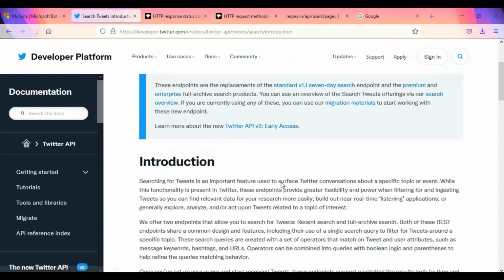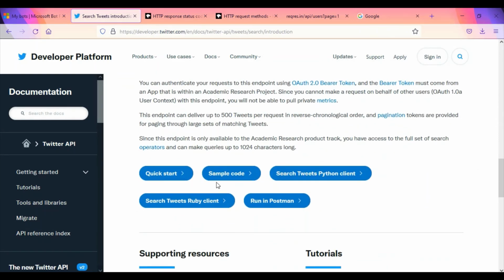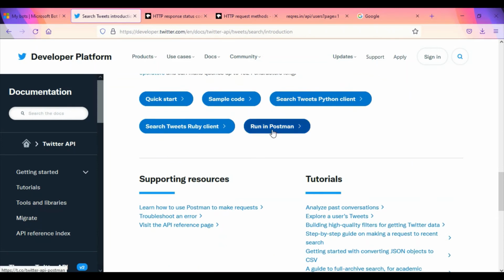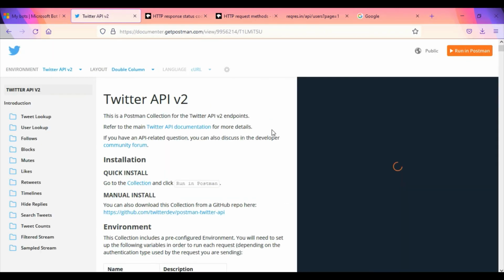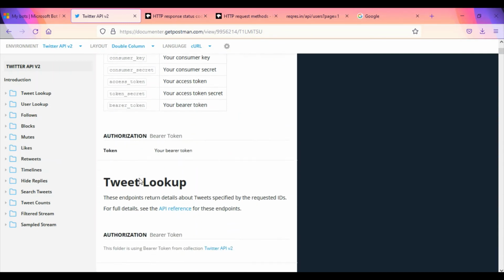So this again will give you details of how it should be happening, what steps you can follow if you can run it in Postman, and again it will show you how. So this is the request. These are the endpoints over here. This is the token you must have. So this is how security comes into the picture.